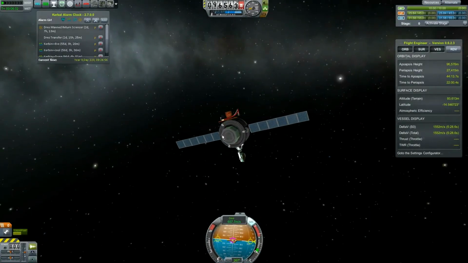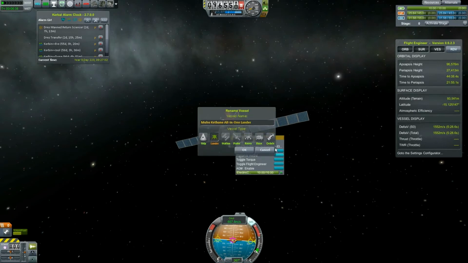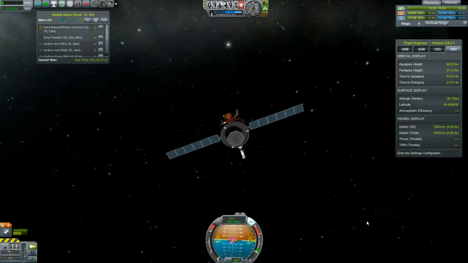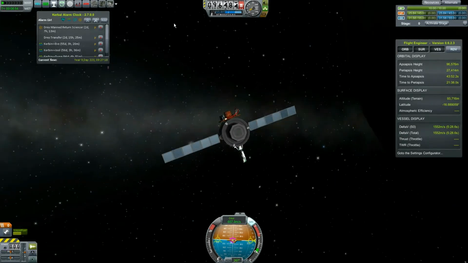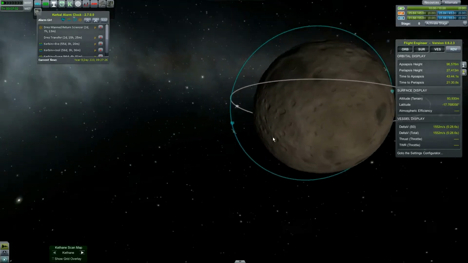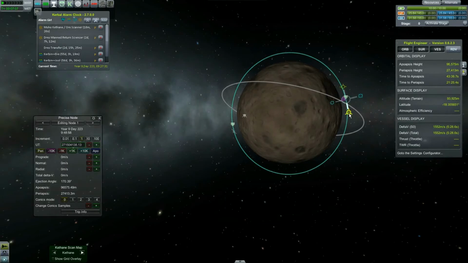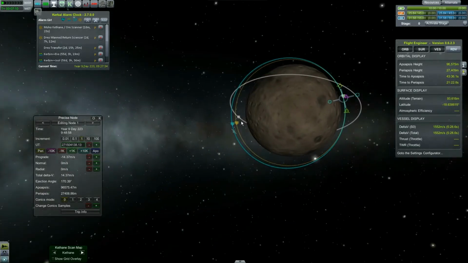come back to our probe here, which is named, for some reason, Lander. So let's go ahead and rename him to Moho Kethane Ore Scanner, and let's make him a probe. Even looks like him. Okay, so we need to be 60 kilometers down. Our periapsis is already 27. I actually like the idea of being 27 kilometers off the surface, so I think we're just going to do that. So let's add a maneuver here to get our apoapsis down